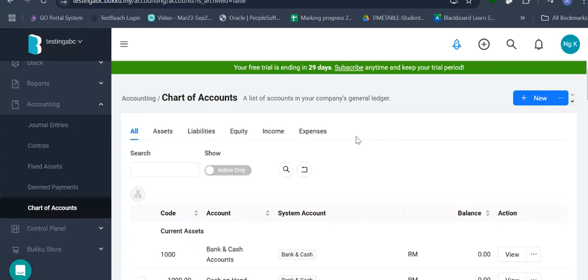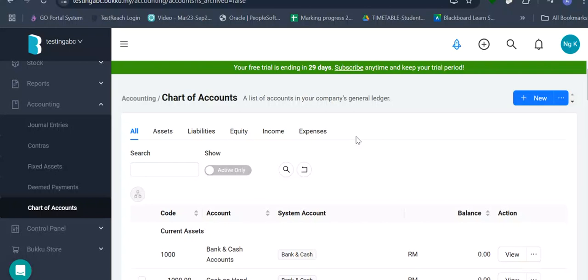For customer ledger, we have another book, customer ledger. They call it receivable ledger, RL, or sales ledger, SL, or customer ledger, CL. It's up to them. Each company has the freedom to decide what they want to call it, whatever ledger they want.